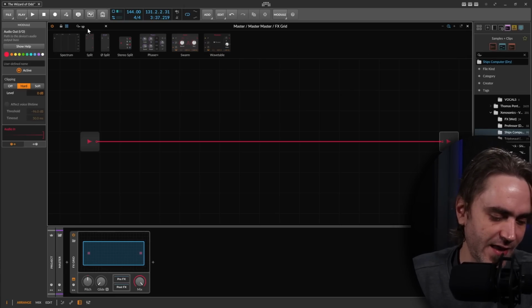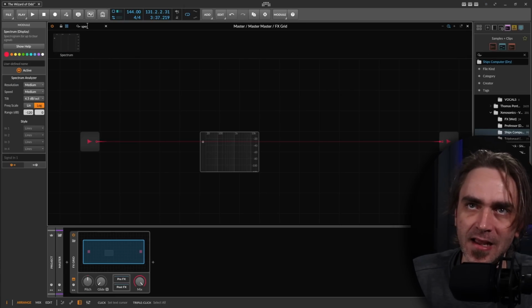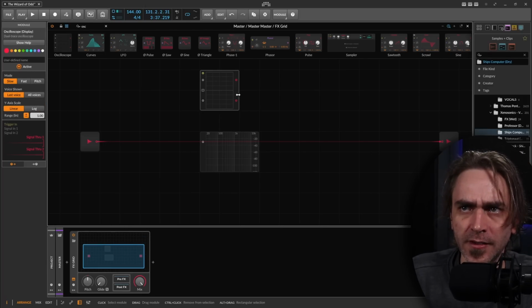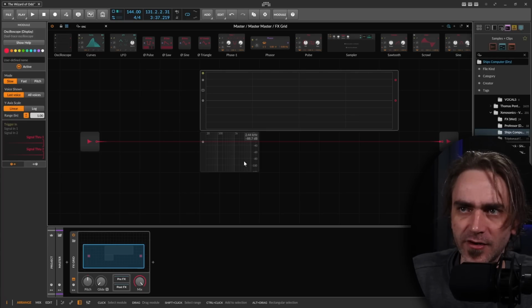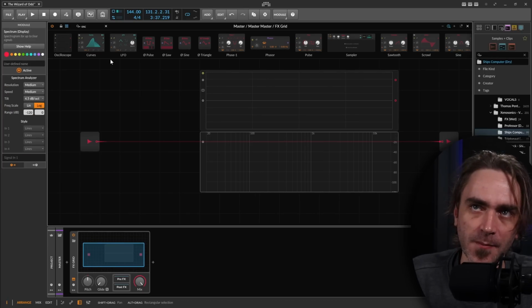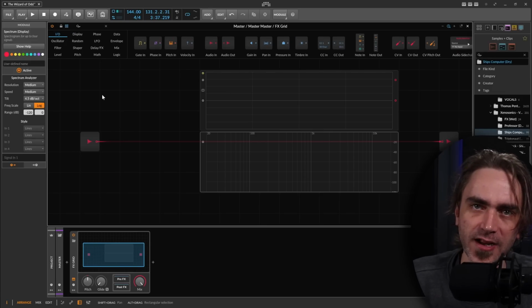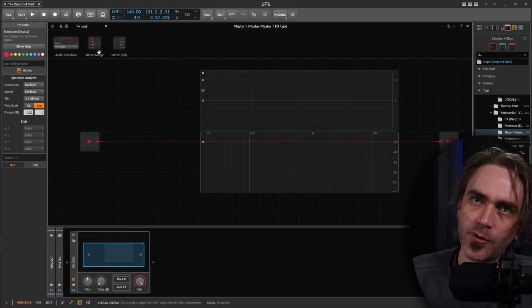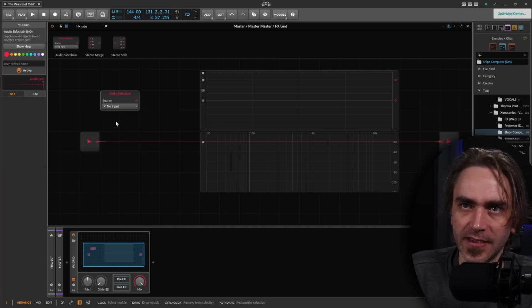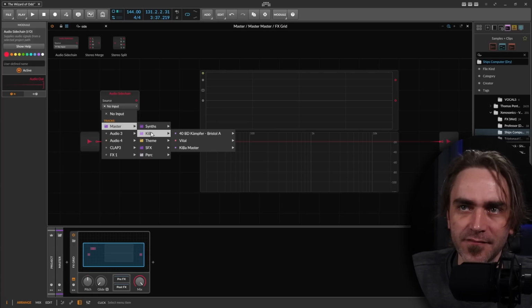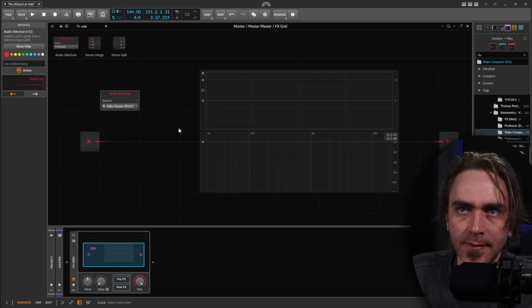So here, for example, we have the ability to add spectrum analyzers. We have the ability to add oscilloscopes and various other tools. We can also change the interface of the grid over here, so we can see things a little bit easier. And on top of this, we actually have the ability to bring audio from other channels, essentially a sidechain source. So what we can do is add an audio sidechain over here. And here we can actually choose audio from any of the channels. So let's say, for example, bring in the audio from just the kick and bass,